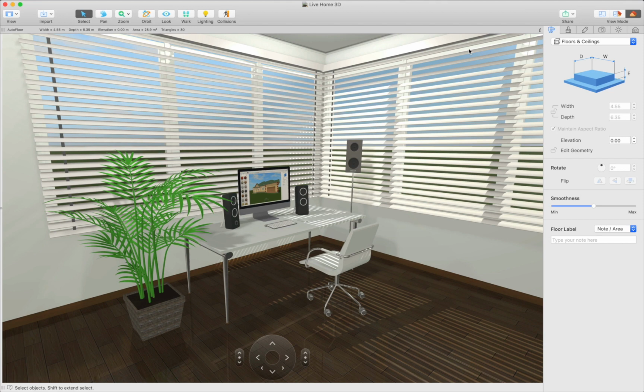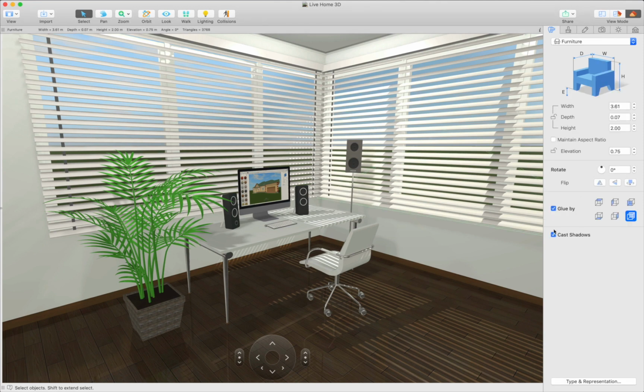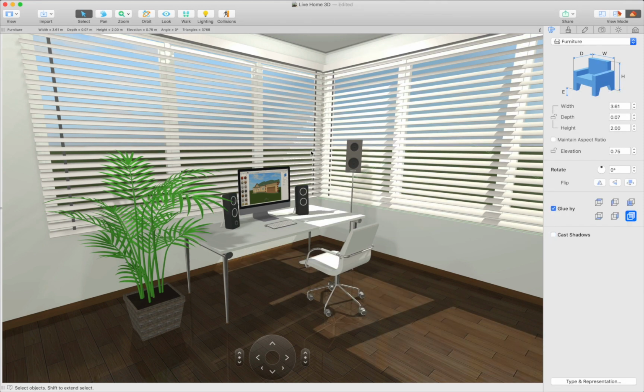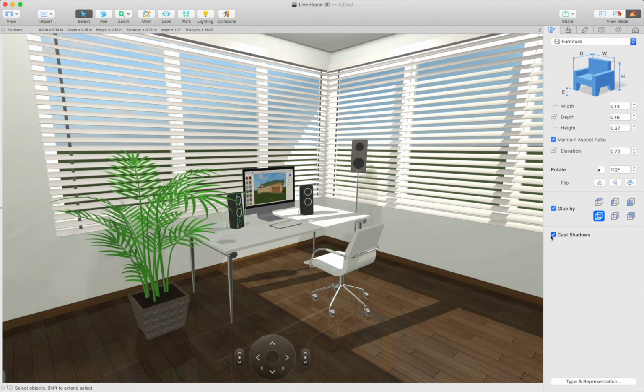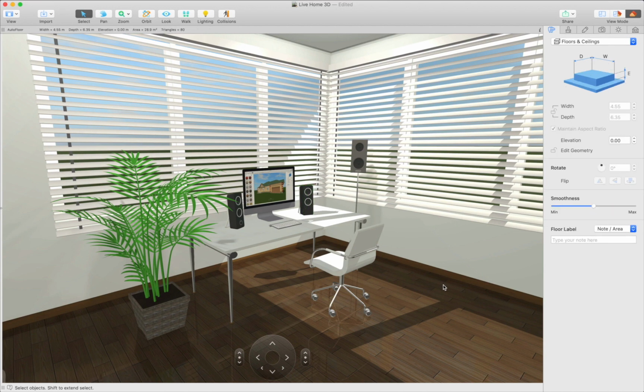Deactivate the Cast Shadows option in the inspector where possible. Shadows may not be visible in the following circumstances: when a flat object is attached to a bigger one, a picture on a wall, or rug on the floor. An object is very small, pen on a table. One object is inside another, books on a bookshelf, or a TV set in a niche. There may be other cases as well.